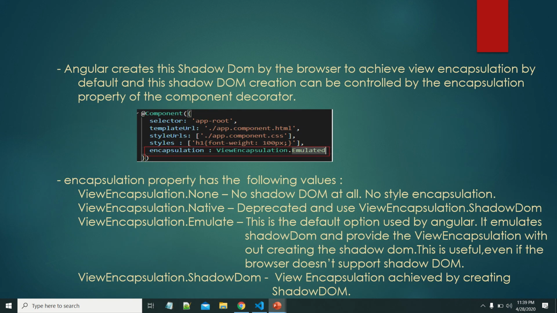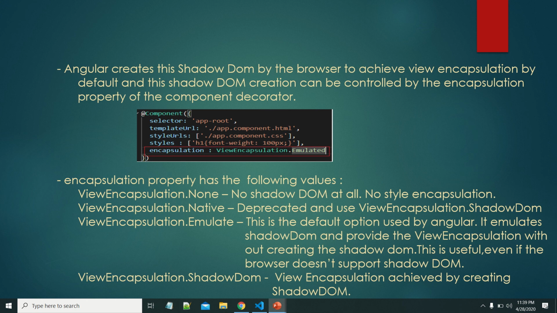Basically, view encapsulation is controlled by the encapsulation property of the component decorator. This encapsulation property has four possible values. ViewEncapsulation.None means no shadow DOM at all, so no style encapsulation. ViewEncapsulation.Native is actually deprecated; instead of this, we can use ViewEncapsulation.ShadowDom. ViewEncapsulation.Emulated is the default option used by Angular.